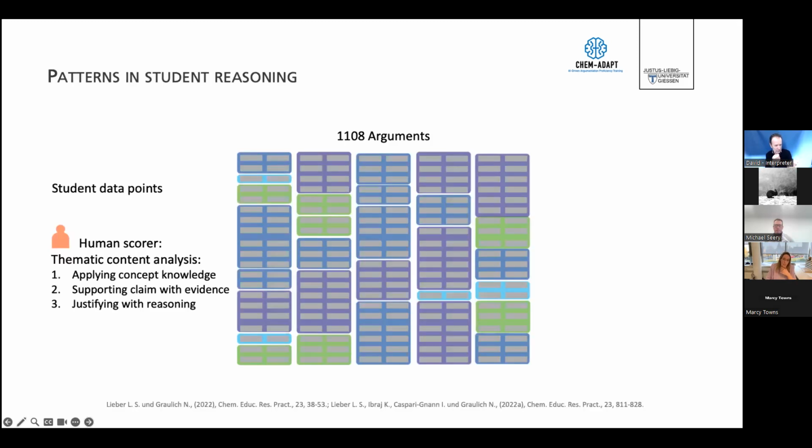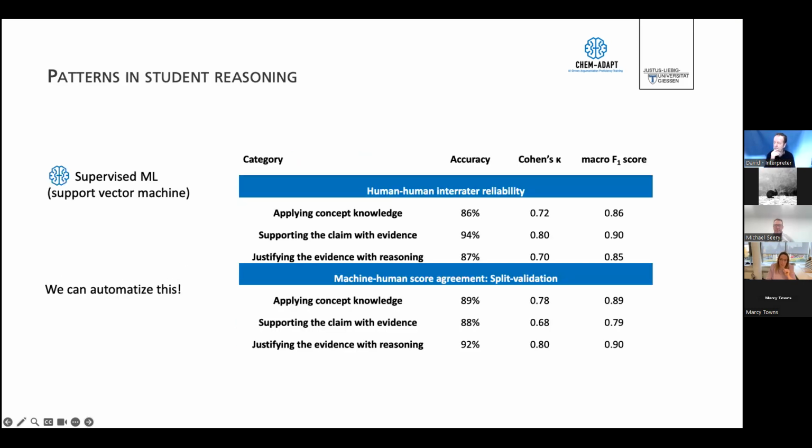So I took again my 1,000 arguments and I hired Paul in my group and said, Paul, can you automatize that? Can you use machine learning to help us be quicker in analyzing these? And then he went ahead, and maybe 1 month or 2 months later, he came to me and said, yeah, we can do it. We can automatize that.